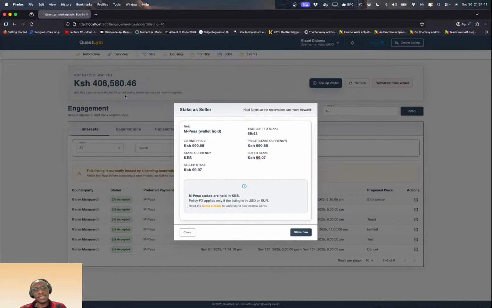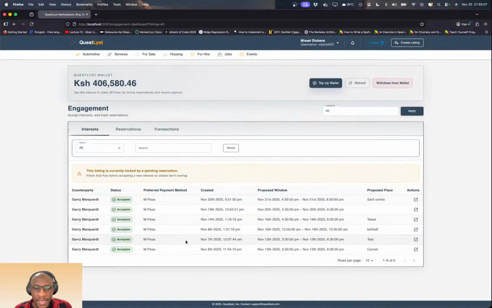Well, it's deducted in real sense, but it's never updated in real time on the UI. So let's try and stake. If you watch this amount, we have 46,580, and we expect it to be like 480 or something, 51. So if I stake,